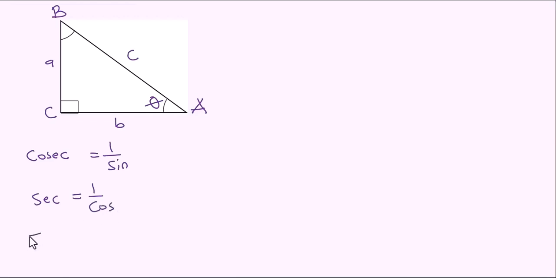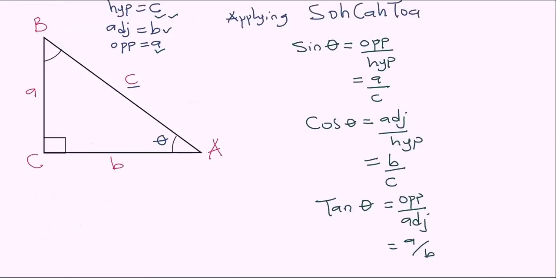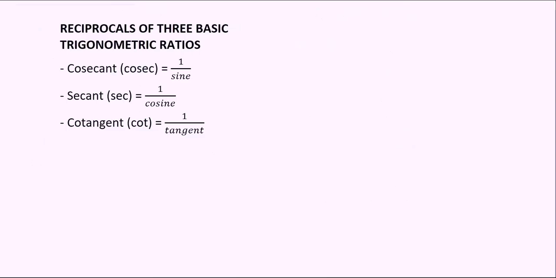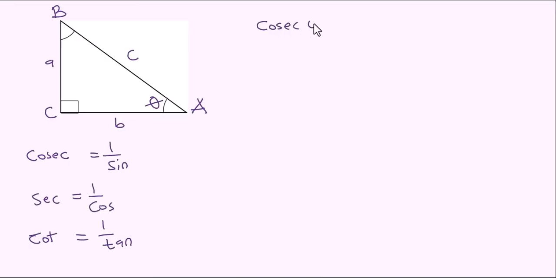And then we'll have cot, cotangent, which is what? 1 over tan. So let's go ahead and check this again. So remember, looking at this, we have cosec, 1 over sine, secant, 1 over cosine, and then cotangent, which is what? 1 over tan. Cosec theta here, which is 1 over sine,